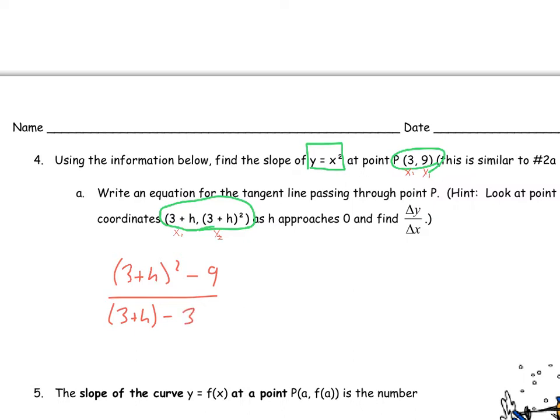over x2, I'll put that in parentheses just to distinguish it, you don't really need it, minus x1. So anytime you're doing a problem like this, your denominator is always going to end up being just h, because you always have a number plus h minus that number. And now we just simplify this, and the numerator is 9 plus 6h plus h squared minus 9 over h, which gives us